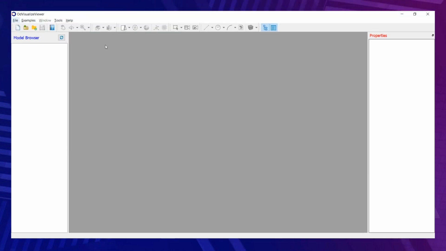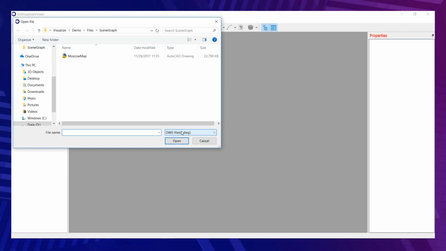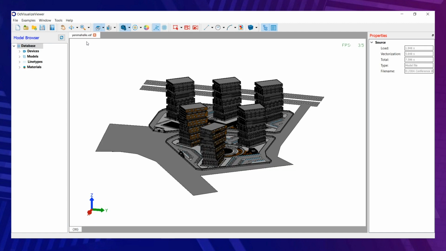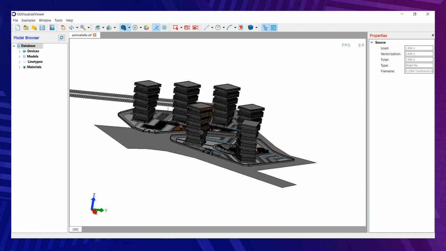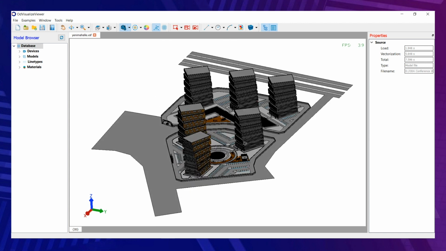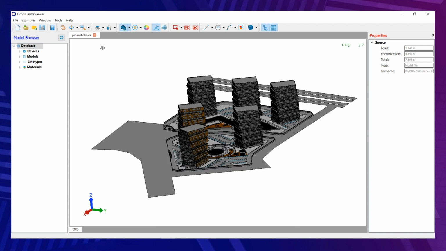This model contains about 2.5 million triangles, so it is not too huge a model, and formally we should expect good rendering performance. But as we will see, the situation is different, because here we can see only 4 frames per second. The problem is that in this file, these 2.5 million triangles are distributed over a huge number of entities.